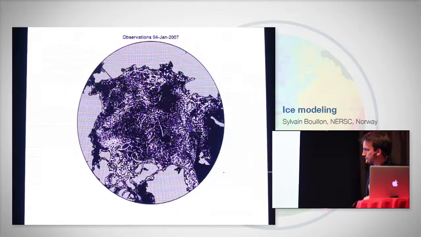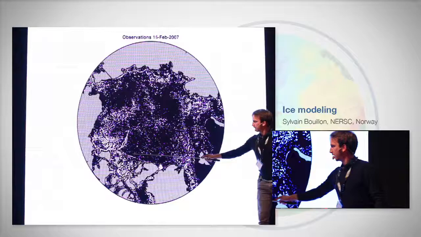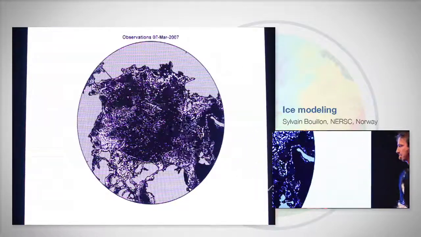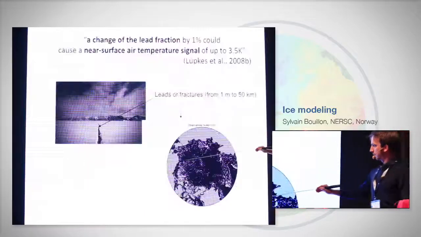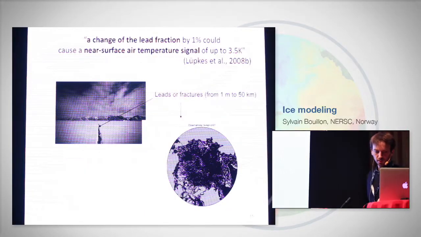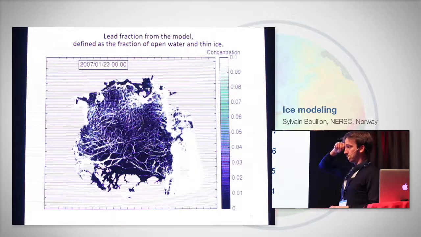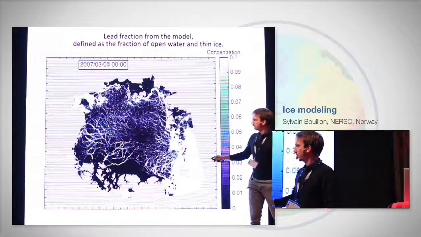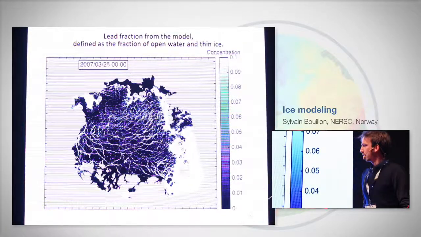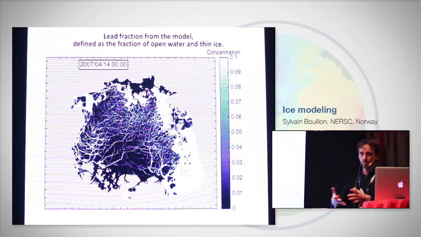So this is an animation where you see the lead fraction. Everywhere it's white, it means that you detect a lead. So we see many leads in the Beaufort Sea, also many leads in Fram Strait. And what is nice with the model is that we reproduce relatively well this dynamics, with leads opening very quickly